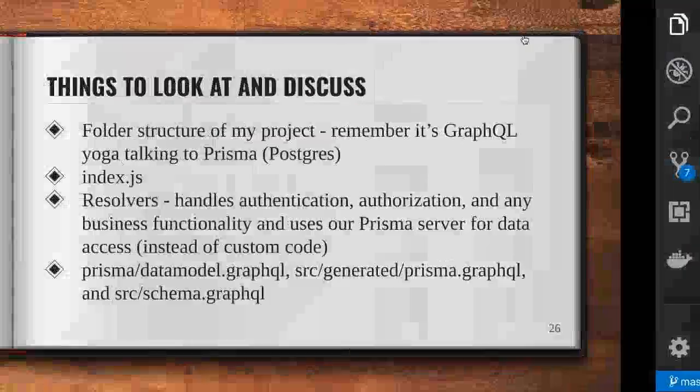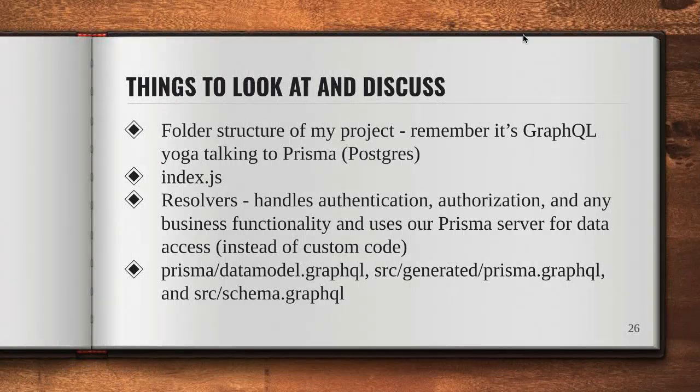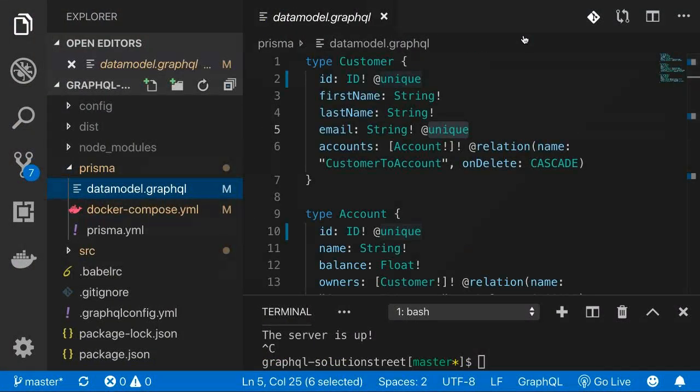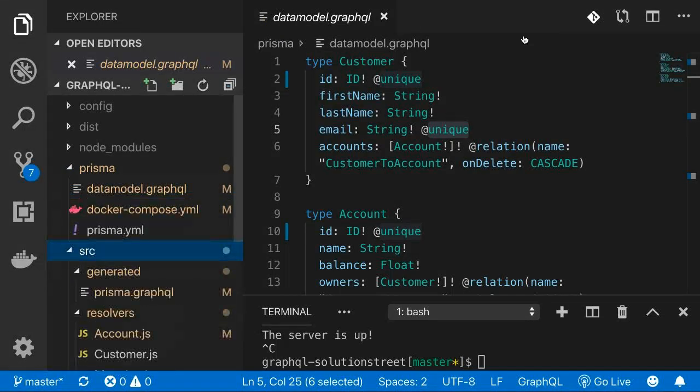So in my Prisma directory, my Prisma happens to be running in a Docker instance, and so that's what this Docker Compose YAML is. And then I define my data model. I'm going to come back to the data model, but this is where I'm telling my server what the model is and what to generate. In my source directory,